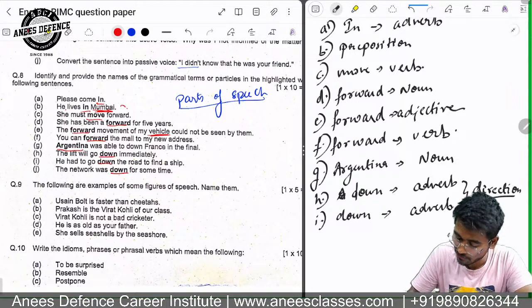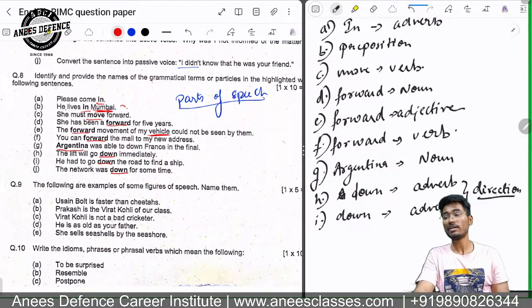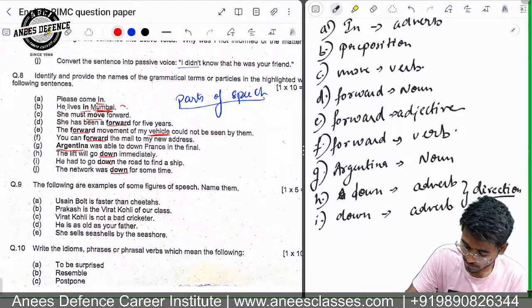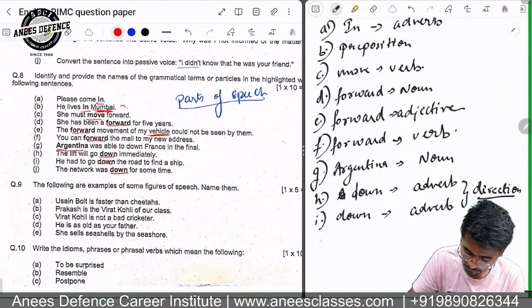And adverbs are of different types. This is the direction type of adverb. We ask the question where. There are 5 questions: how, where, when, how often, and how much. These are the 5 questions we ask. If we ask this question and get an answer, that time it is known as the adverb. Simple. So where is the question you need to ask over here.